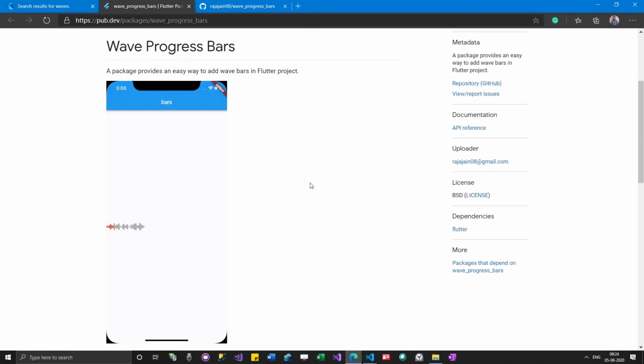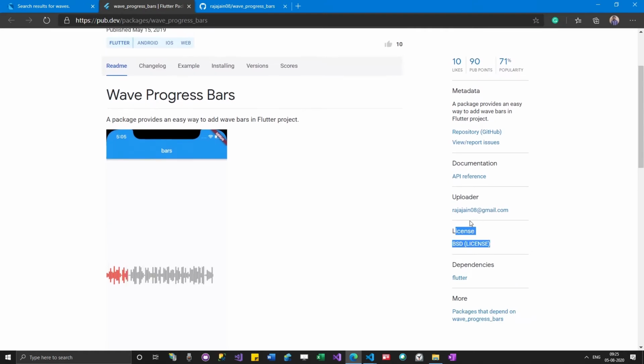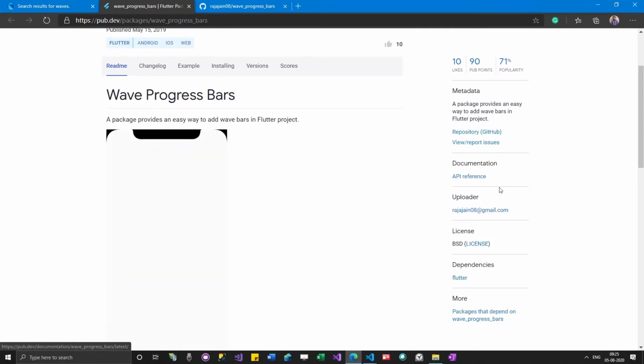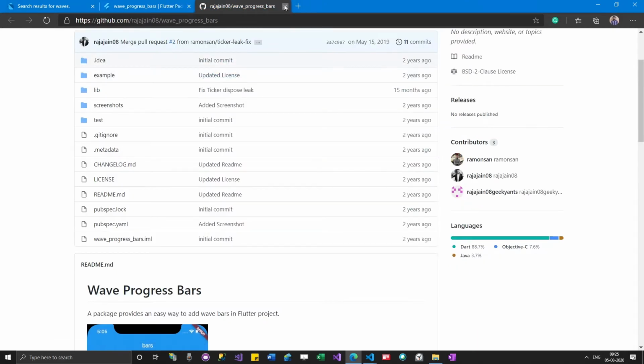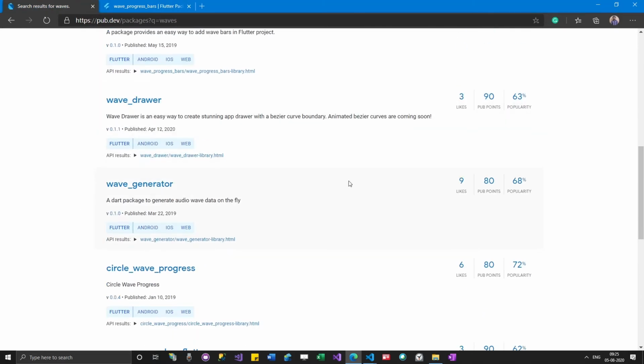When you are publishing to the community, things like a license come into the picture. A license means whether you are open for others to contribute or not, and what people using it have to do. Such things you will mention there.